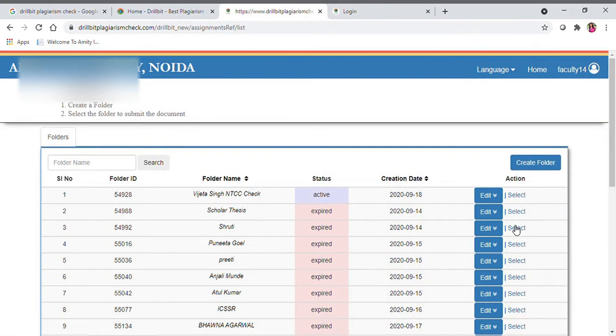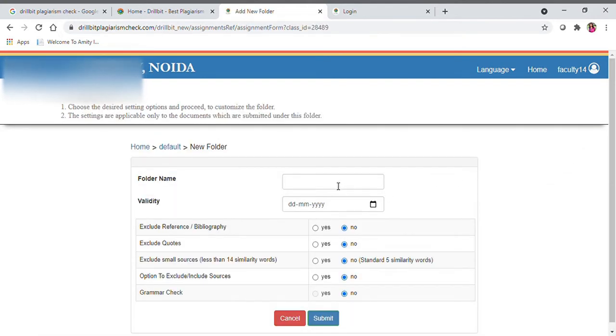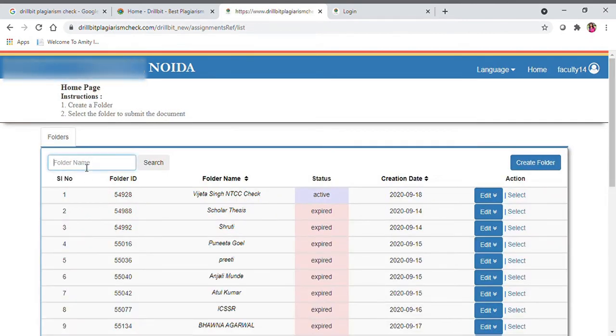Once you appear on this screen, you first have to create a folder and then select the respective folder to submit the document. I've already created a folder with the name ABCD. You can just create a folder over here and name it. When you try to create the folder, a screen like this will appear where you can create the folder giving it a certain validity date. Since I've already created one, I'll go to that respective folder